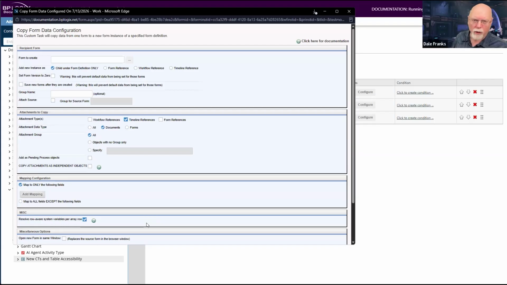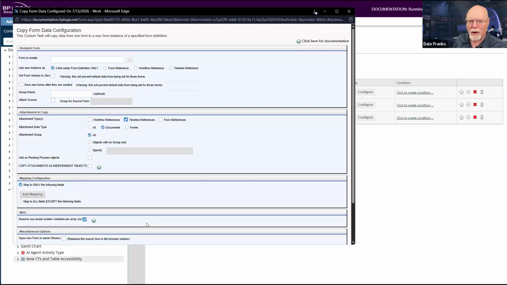And the same was true for other system variables that were dependent on the row. So with this setting, we now go through row by row. If I'm transferring from array 1 to array 2, it will match the row aware values from the first array to the second array.